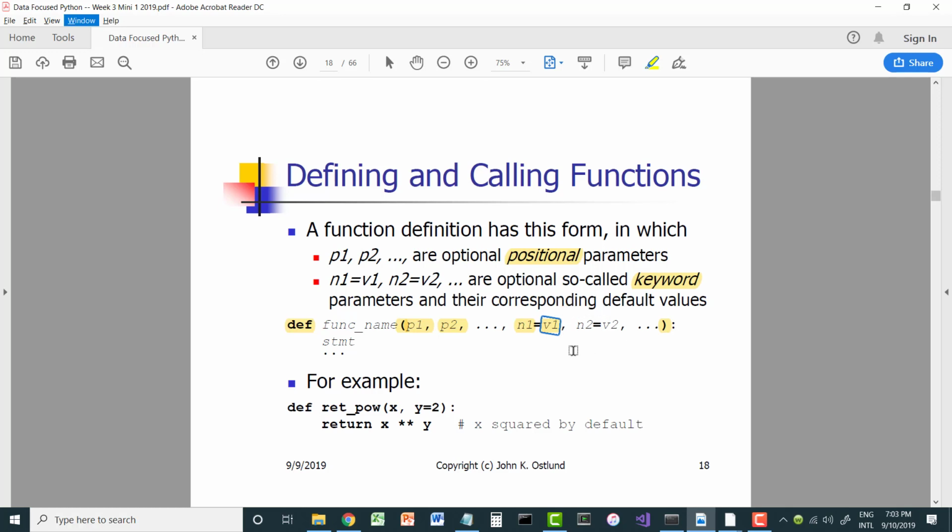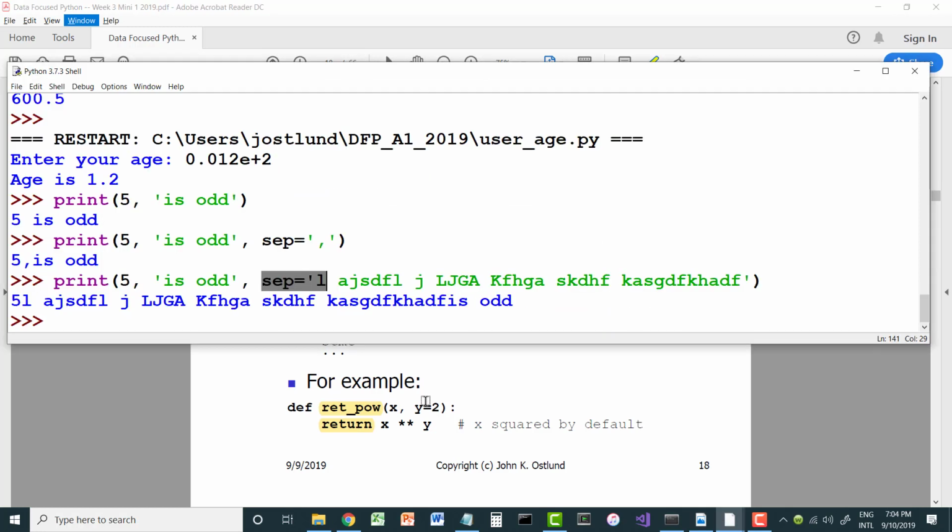Now, the rule is that if your function takes a combination of positional parameters and keyword parameters, the positional parameters have to come ahead of the keyword parameters. Right? So you've got all your positional parameters first, and then all your keyword parameters after that. Here's a really simple little example called retpow. What this function does is to return the first argument, which is named x, the parameter x contains the first argument, to the power of the second argument, which is y. I've specified a default value for y of 2. So if I say